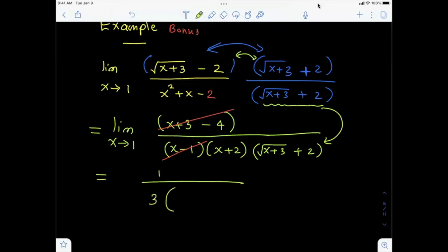And then within the square root, you're going to get again 1 plus 3, it's going to be 4. Square root of 4 is going to be 2, so 2 plus 2. Simplify it. Even if you leave a simplification, in most cases, in 99% of the cases,